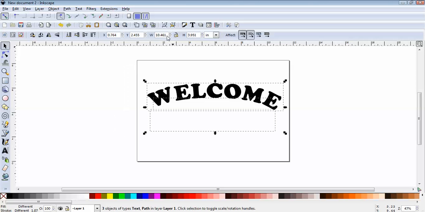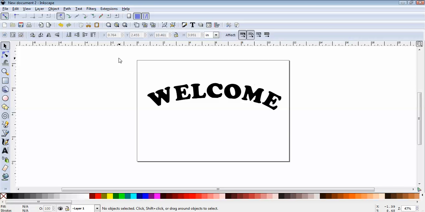So select them both and group them. Now if you look at this, it could be less than optimal. You can see the spacing kind of goes off a little bit on it. So I don't know that that's really the most effective way of doing it. But, you know, if you're doing an irregular path, that's one way of doing it. So another way